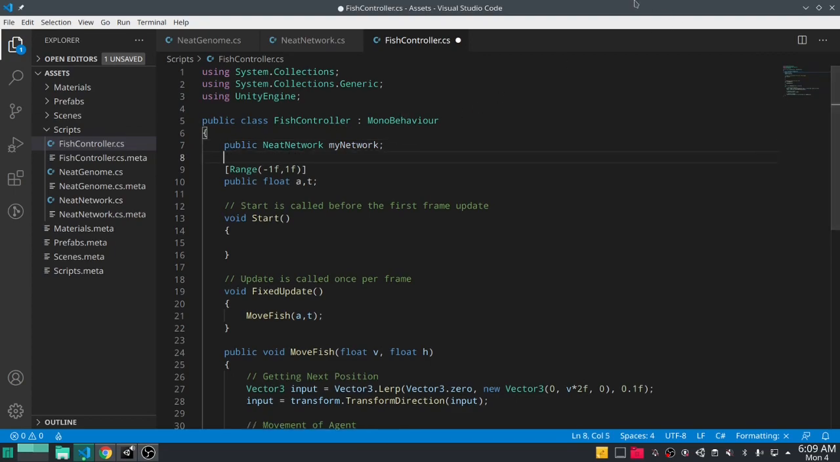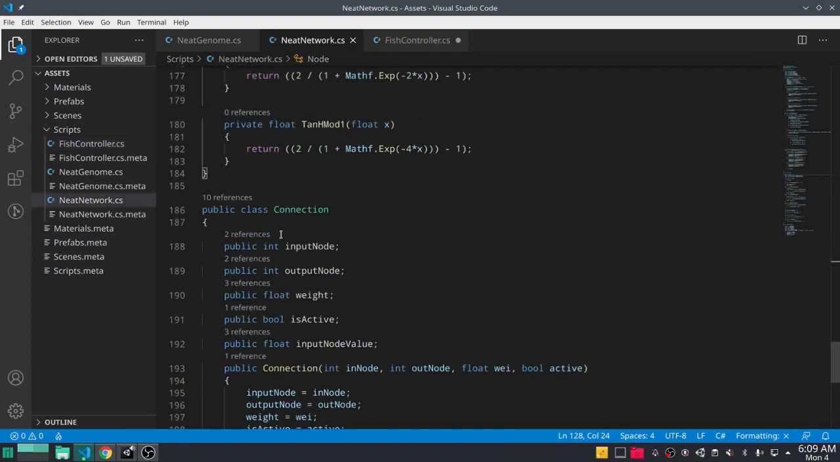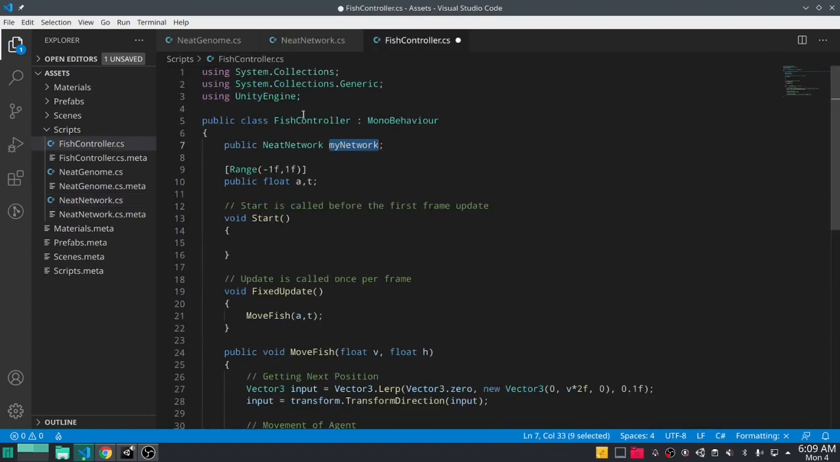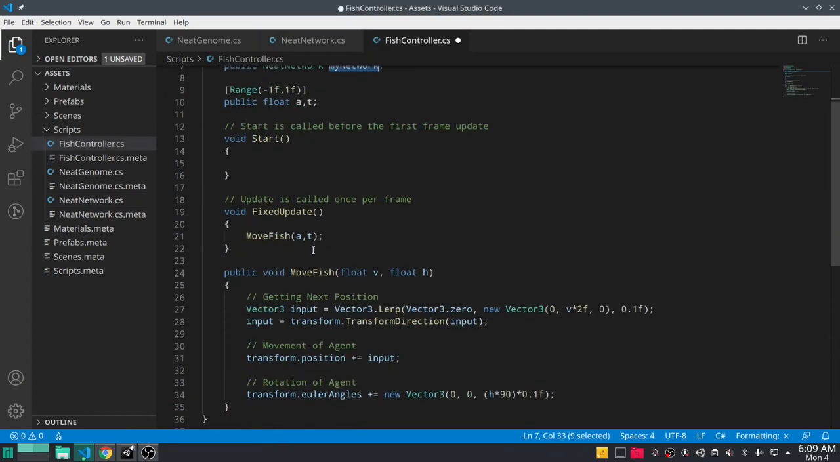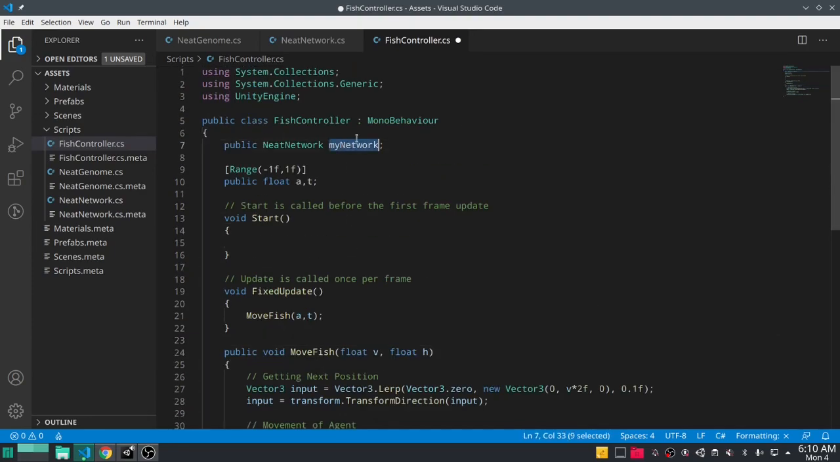And usually fish will actually have a genome, and the genome gets passed to the network. But for testing purposes right now, just to see if our network is feeding values forward properly, and to see some movement finally, since the fish has just been sitting there, we're going to manually create a network by defining the genome, right? And then we're going to see how the feed forward value is working in the fixed update. So we have my network here, and then in the awake function,